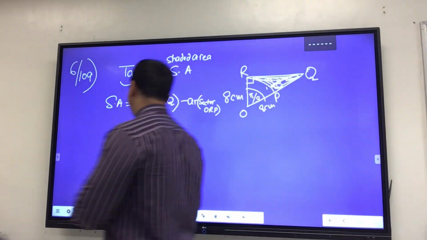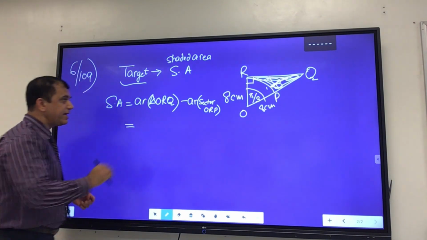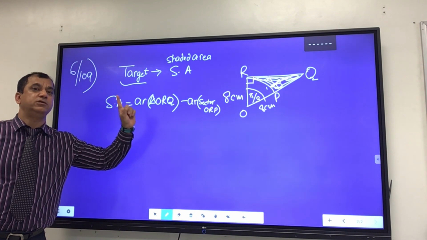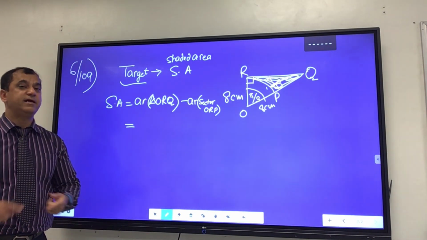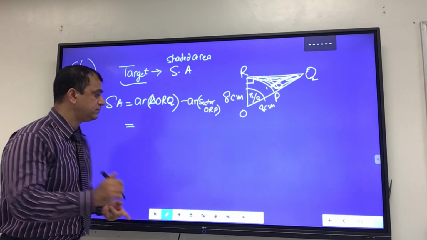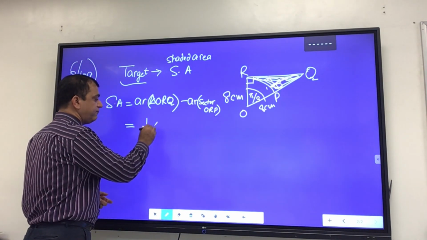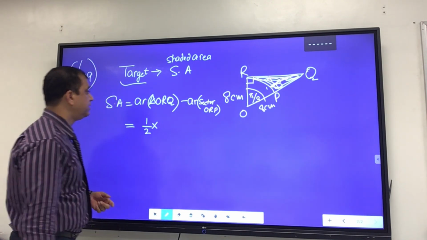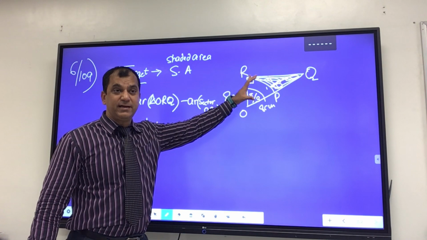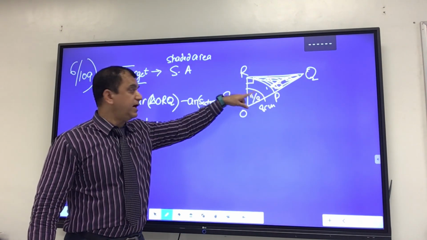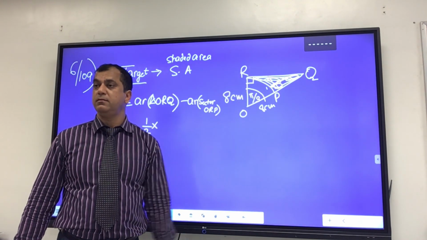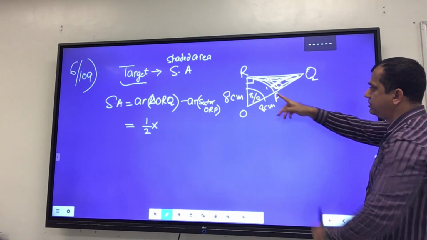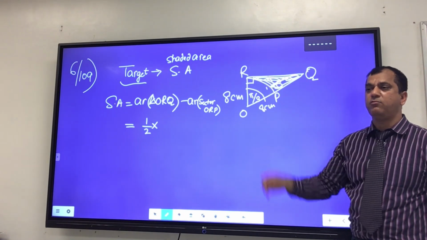Now I'm going to find these values with your help. What is the area of this right triangle? What is the area of a triangle? Janisa. Area of a triangle is half times, very good, half times base times height or altitude. For a right triangle, except the hypotenuse, the other two sides, one is base, one is height. So in this right triangle, don't take OQ, take OR and RQ. One is base, one is height.